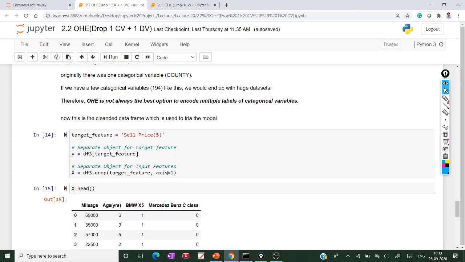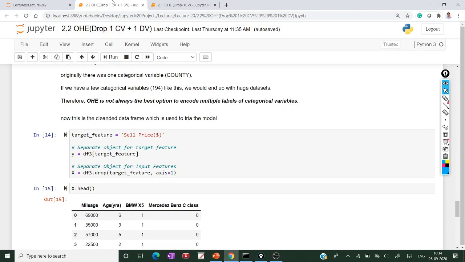But this scenario is not the same in all kinds of algorithms. If you take other algorithms, like classification algorithms, you have to manually drop any one of the dummy variables. But in linear regression, the linear model automatically drops one of the dummy variables.